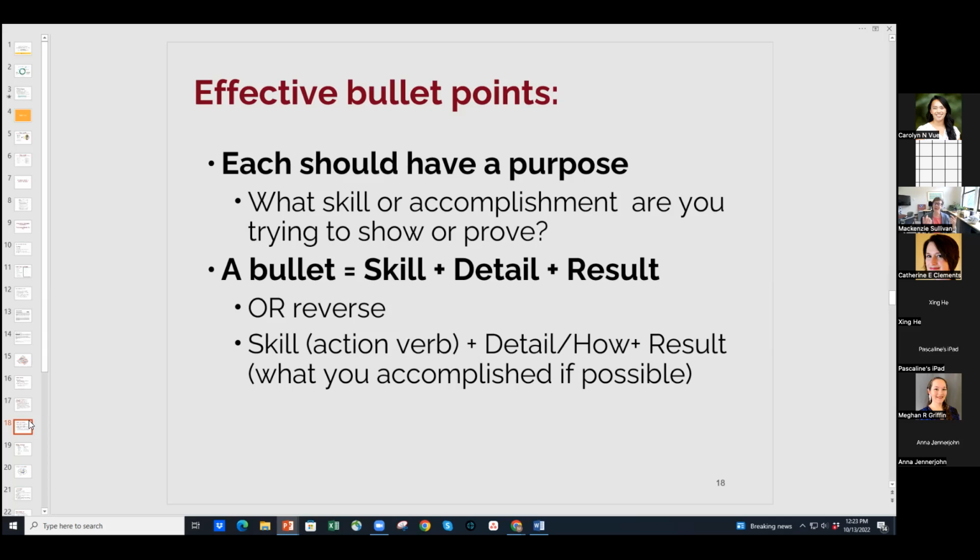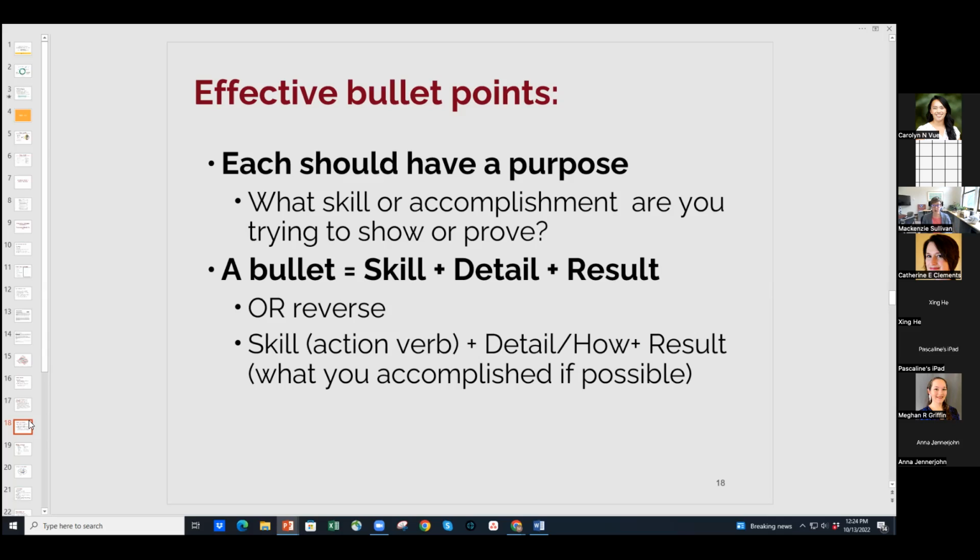There's also a way to do it in the reverse. And I know that certain, particularly large companies, sort of like this format where you would say, what I accomplished is this, my result is this, start result first, and then I'm going to write the skills that I use. I did this by doing this and this. And so that's another way to write an effective bullet point. So your skill is your action verb. We'll look at action verbs. The detail is how you did this, and the result is what you accomplished. Sometimes that is either impossible or it will feel really forced. If you're like, I don't know, I can't make a guess about what the result was, I'm really trying to showcase this skill. It's okay. You don't need a result on every bullet point.